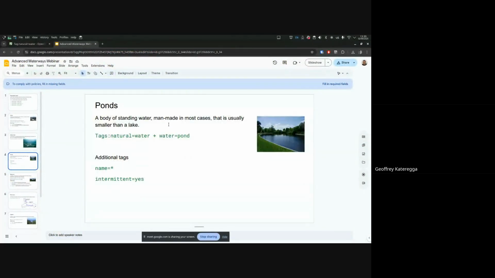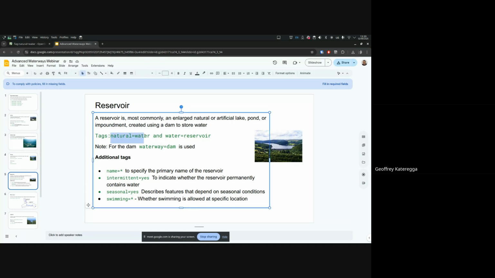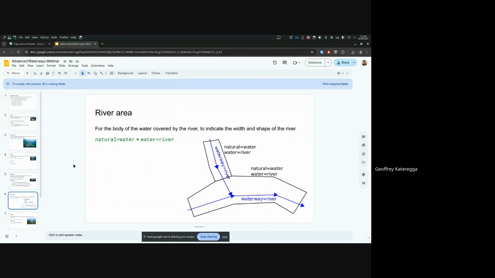The other feature, of course, Michael has talked about the reservoir, but also we can add the natural=water tag alongside it. So I'll not go much into that since it has already been covered. But the other one where we use natural=water is also to map the body of water that is covered by a river. So when we are mapping a river, there is